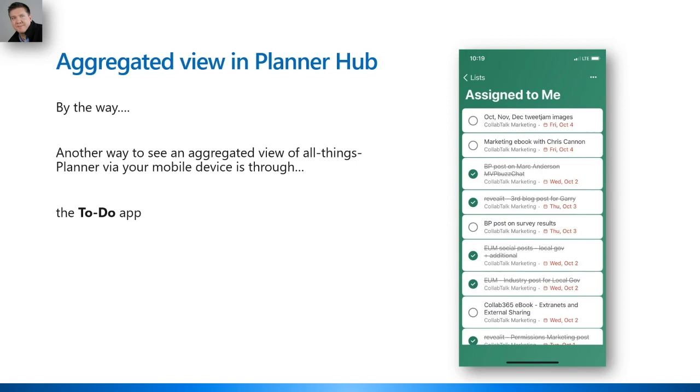And eventually that's going to be across all workloads. So if somebody creates a task while working in Outlook or in Teams or in Planner or in Project Online, or they sync up with the Microsoft Project Plan, all of that should aggregate and roll to your To-Do app on your phone. If you're not using To-Do, if you don't have that installed, because you're not a big list person like me,